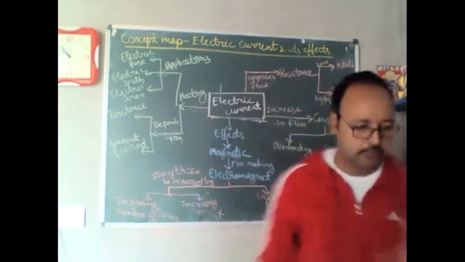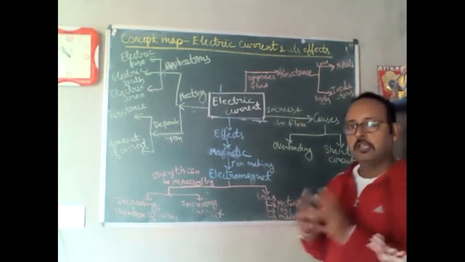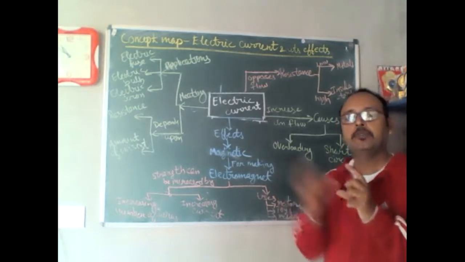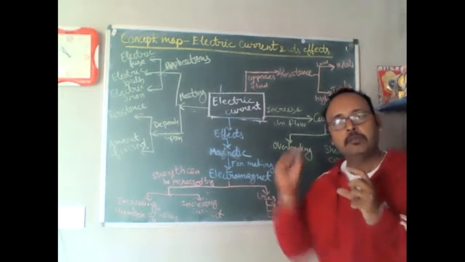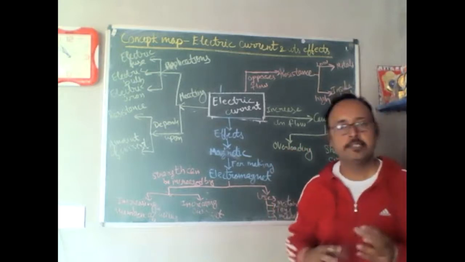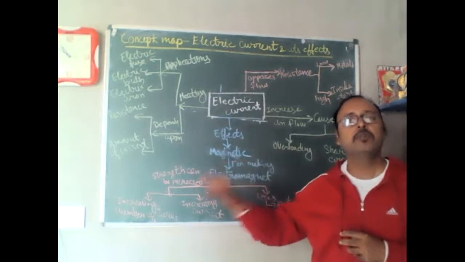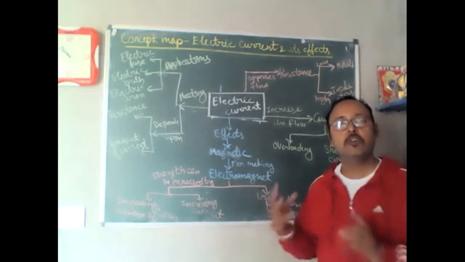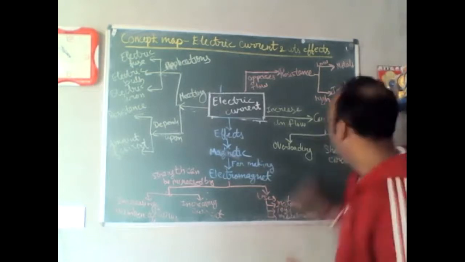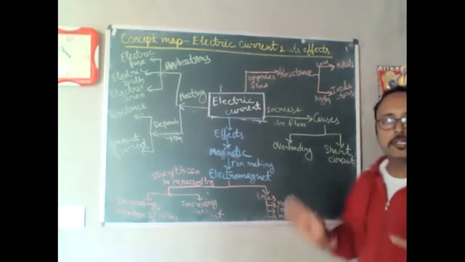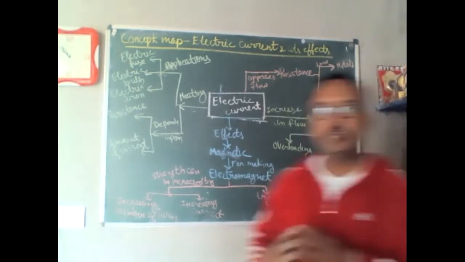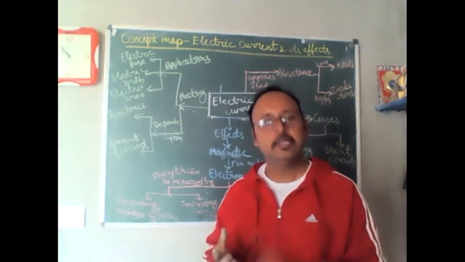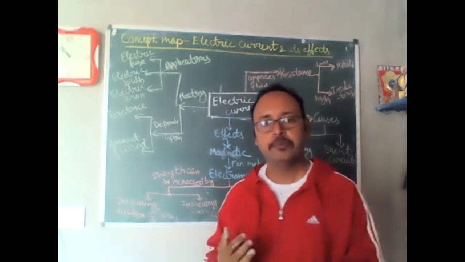Overloading can occur if there is a switch and we are adding a TV wire, a computer wire, a microwave wire. That means overloading is there. Once we are adding more and more electrical appliances working on a single socket, overloading can occur, right? On the other side is short circuit. Short circuit occurs when the live wire comes in contact with the neutral wire. There are three wires: live, neutral, and earth wire, coming to our home, right?